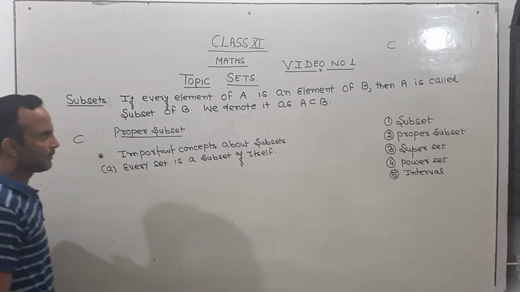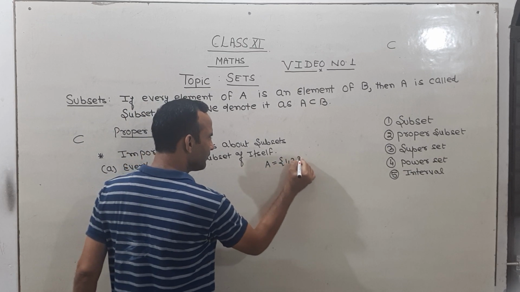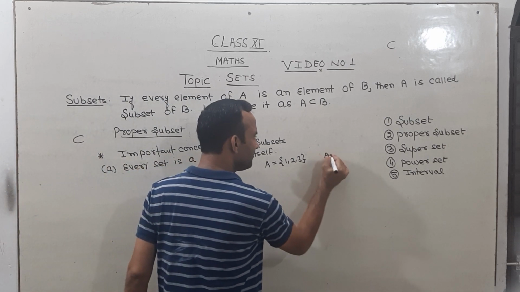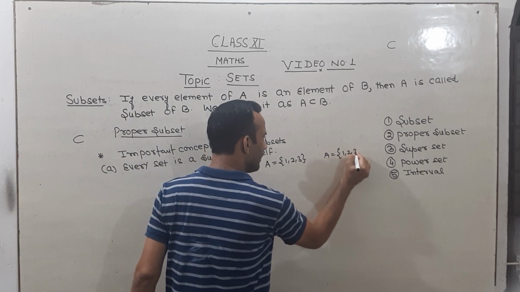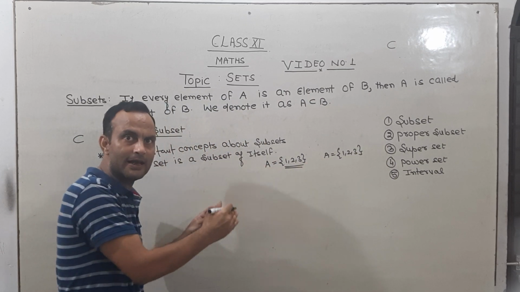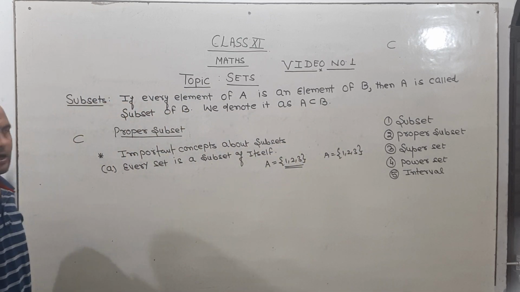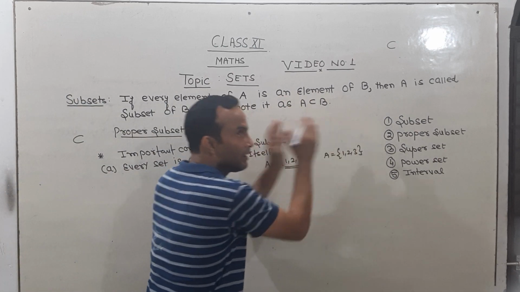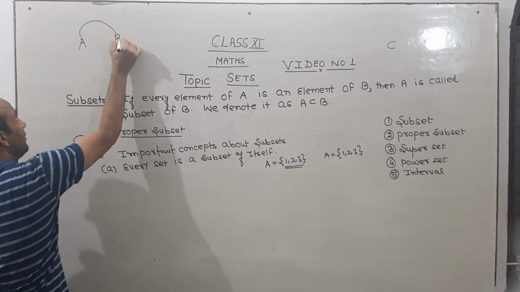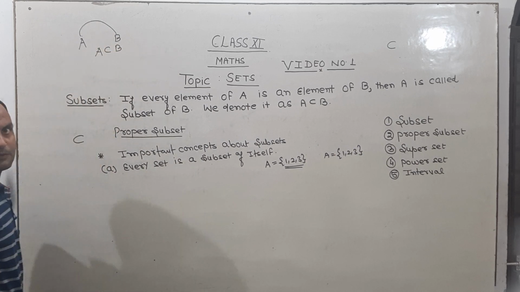Now you can see, let us suppose that A is what? 1, 2, 3. अब A 1, 2, 3 है और मैंने फिर A 1, 2, 3 ले लिया, तो आप देख सकते हो कि all the elements of this set, भाई A के सारे एलिमेंट A में होंगे. अभी हमने क्या पढ़ा? सबसे पहले सबसेट का डेफिनेशन पढ़ा. If all the elements of set A are present in another set, है ना? अगर A के सारे एलिमेंट किसमें हैं? B में हैं, तो A is the subset of B.